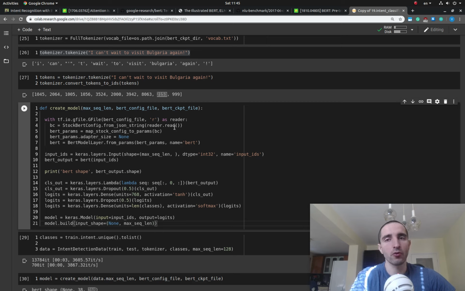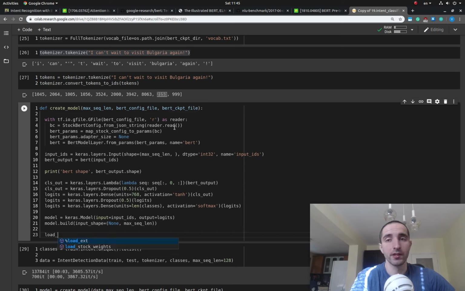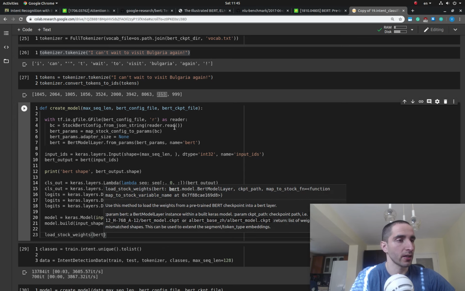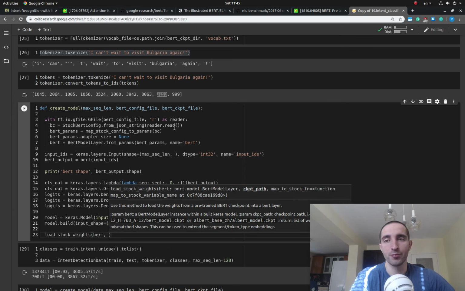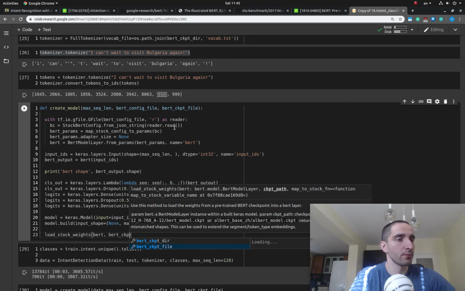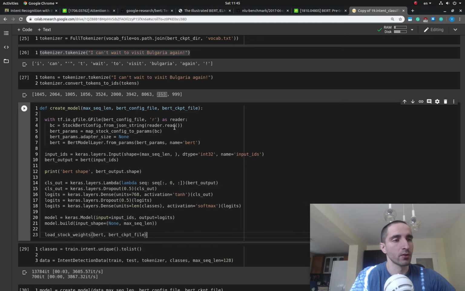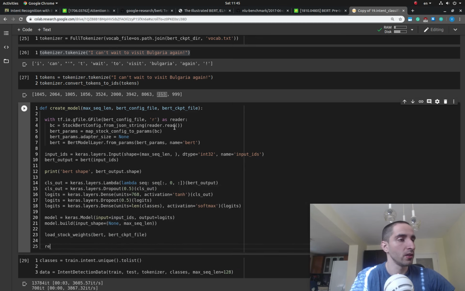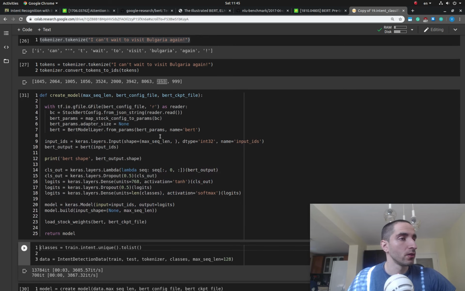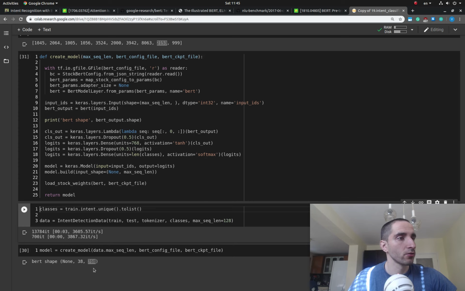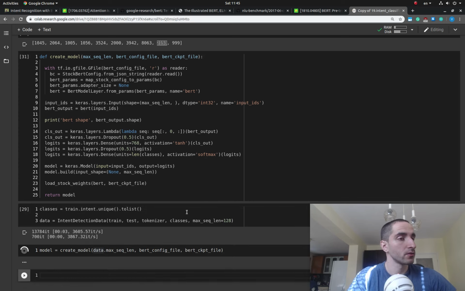The next thing that I'm going to do is to load the weights, which will be a bit slow and probably the hardest part on our CPU, and I'm going to pass in finally the BERT checkpoint file, and I'm going to return the model. So finally this whole thing is done for us. Let me call it. So now it should take a lot more time,